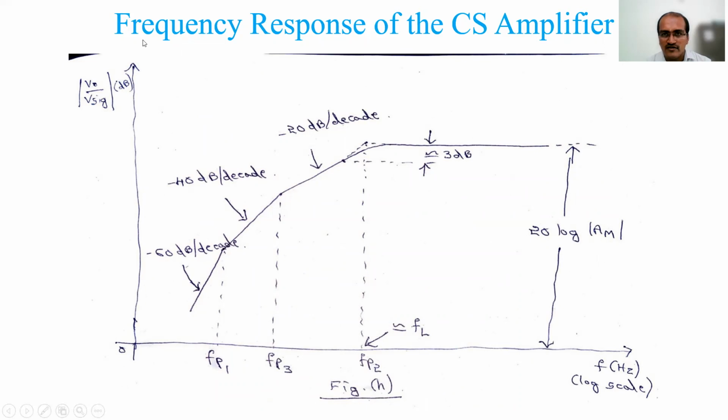Now, whatever we have discussed, I told you corner frequencies, right? This was the midband gain, given as 20 log AM in dB, which is V0 by V signal, and this is the frequency in hertz on a logarithmic scale. Here there are different cutoffs. One cutoff will happen like this, after that it bends a little, and after that it bends like this. This has a slope of plus 20 dB, then adding plus again, 40, 60.